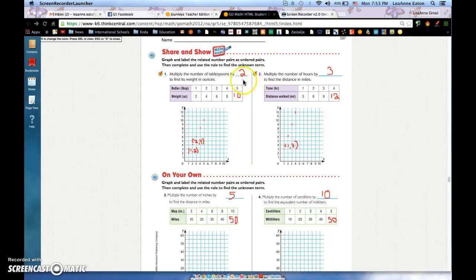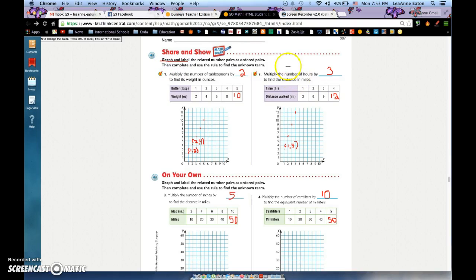Okay, so you can see that I filled in all of the pattern and the rules, and then I graphed these two here. Make sure that on your graphs you have the ordered pairs because it does say graph and label the related number pairs. Okay, so make sure that you have done all of that. I didn't graph these two because I couldn't see the bottom on my screen, but again, it should be a linear line going up like this. Okay, so Mr. Will check your graphs and make sure they're 100% complete. Your homework is to do 9.7, both pages, and I will be back to